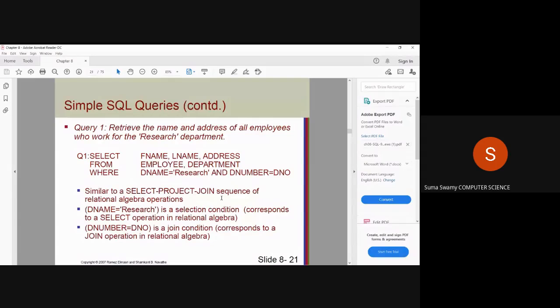Yeah, you might have written the values already. What is the DNO for research? Sorry, D number, sorry. D number equal to? What is the value of D number?